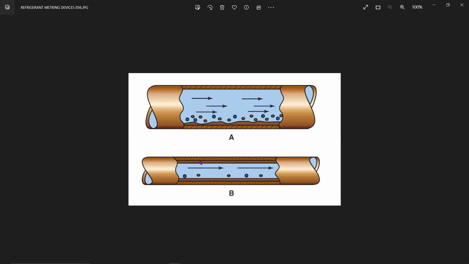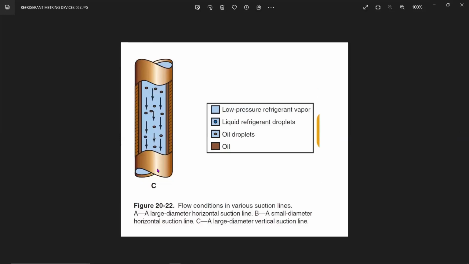So whatever the TX valve we are using, you are compensating for that by considering the temperature drop across the insulation which is happening, and you take that into account. But for a larger suction line, the bulb is always on top because the oil is at the bottom side. That is right. And similarly, for a vertical suction line, a large vertical suction line, you have oil on both sides because vertically it is going to act downwards and the oil is going to be coming onto